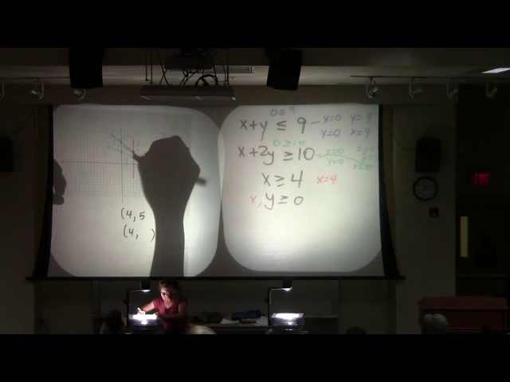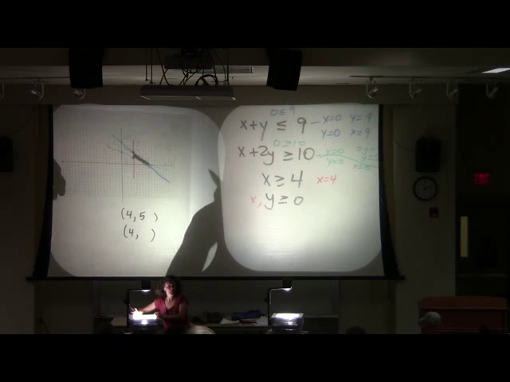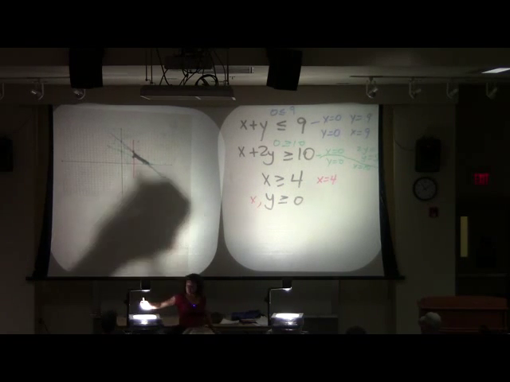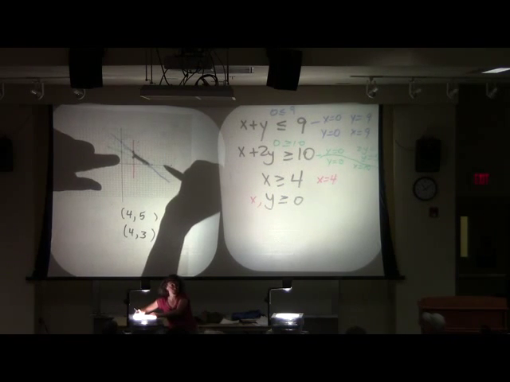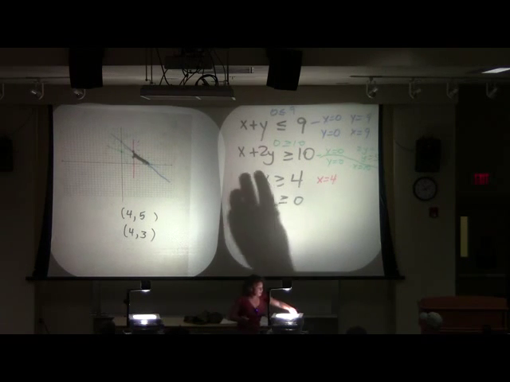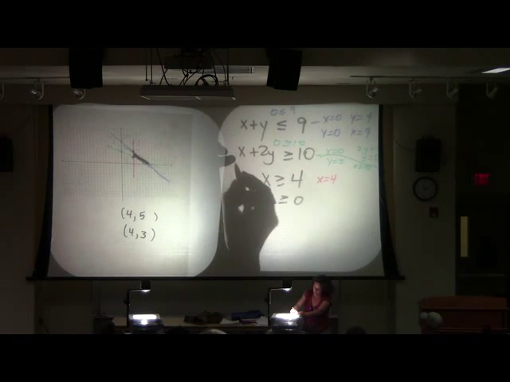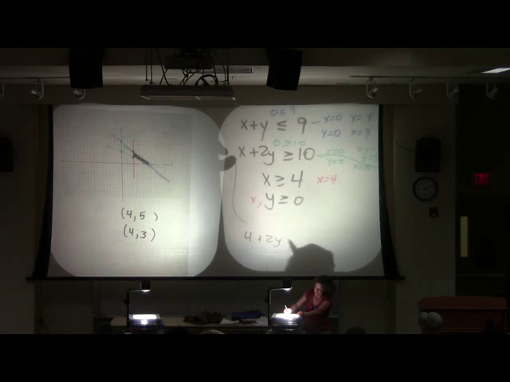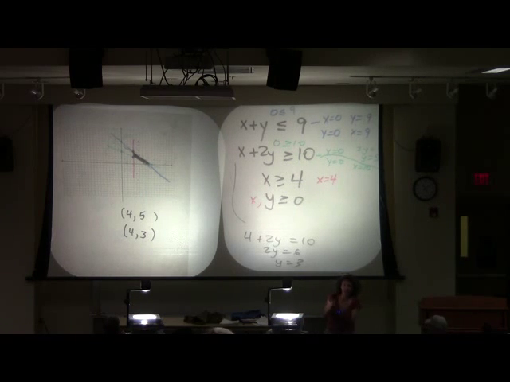What does it look like this one is? 4 what? It sure looks like (4, 3), but isn't this where red meets green? And you all agree, if x is equal to 4 here, I have 4 plus 2y is 10. So 2y is 6, or y is 3. See, there's ways to check yourself. It's all I'm trying to point out. You with me here? All right.